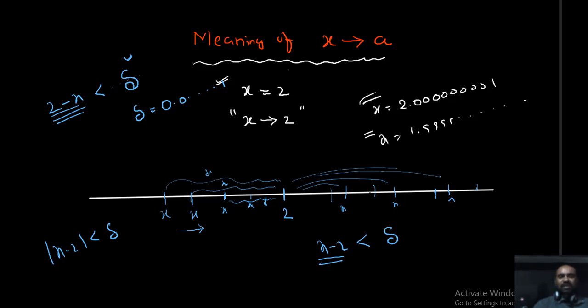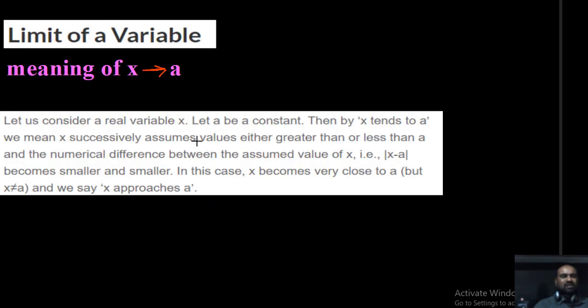One thing. Next, here in this case x is not equal to 2. In this case x is never equal to 2, just x is approaching 2. That's why I can say that modulus of x minus 2 is never 0. Modulus should be greater than 0. That's what I can say, 0 less than mod of x minus 2 less than a pre-assigned small quantity delta. Then I can say that x approaches 2 from both sides. So here, written, observe the meaning of x tending to a.